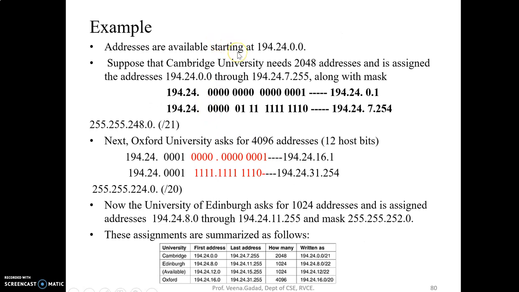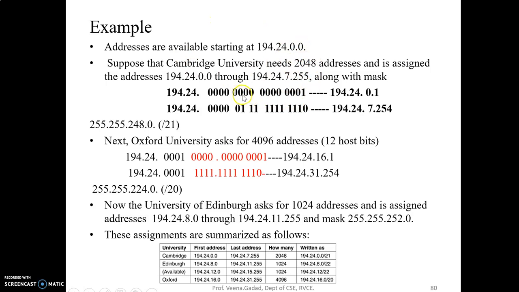Okay. Take an example. The address available starts at 194.24.0.0. This is the IP address available with a distributor. Now Cambridge University needs 2048 addresses in total, and it is assigned the addresses from 194.24.0.0. So if the total number of hosts is 2048, how many bits do I need? 2 to the power of 11.